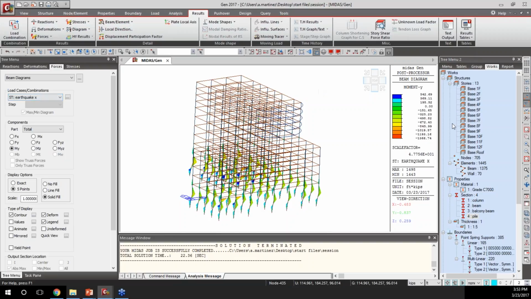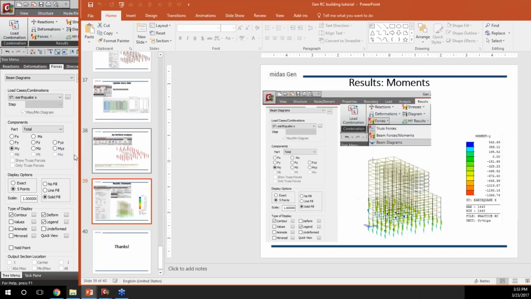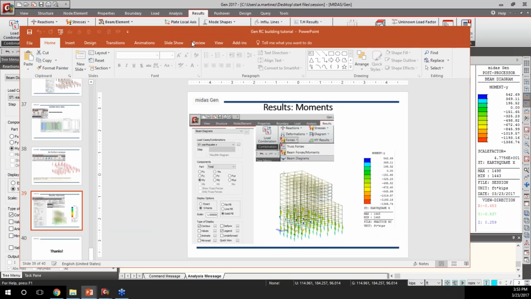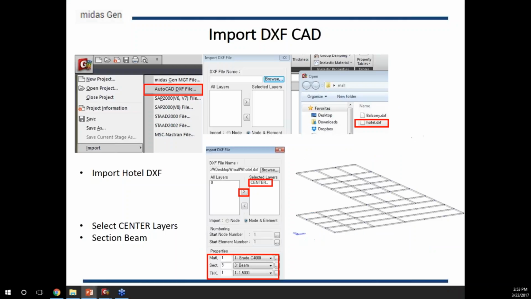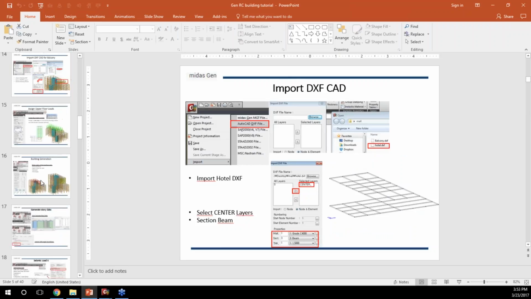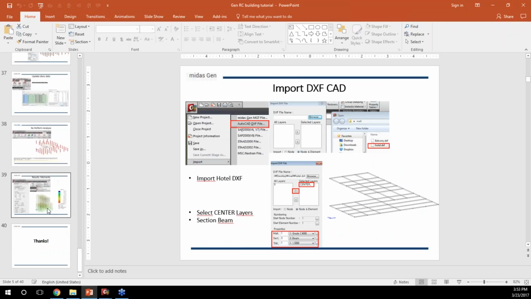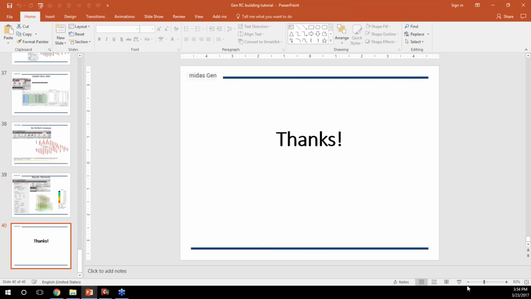So that's basically it. If we just go back to the slides, that's the last slide for the steps. So that's basically the conclusion for this